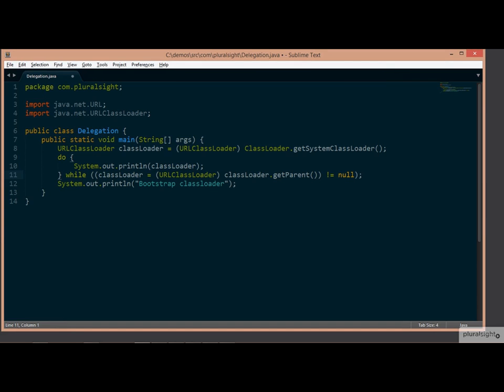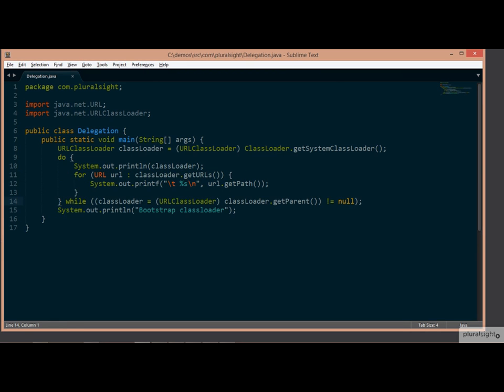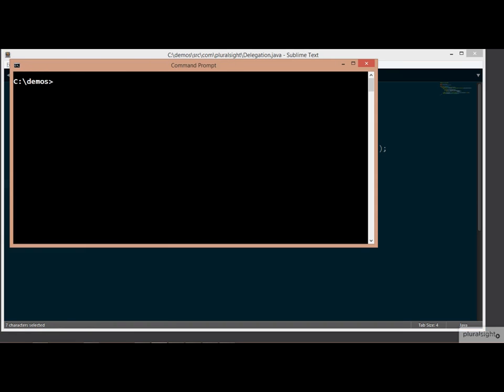One more thing we can do with this delegation list is print out a list of the URLs that the class loader is trying to load its classes from, i.e. the locations that it's trying to get the classes from. We can do that by adding another loop. We can walk out to each class loader and call getURLs, and this will return a collection of the URLs we're loading from, and then we simply print out the path for each of those URLs. And we just tab this and add a new line onto the end. So if we save this, go back to the command prompt